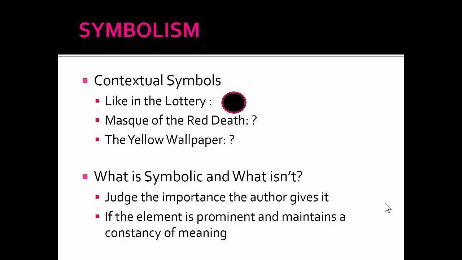So the fact that we think of the fur as depicting loneliness, symbolic of loneliness, is only inside of the story of Miss Brill. It's only symbolic of loneliness inside of the context, which means the text, right? Inside of the context of that one story, which is why it would be called a contextual symbol. Its context means inside of a specific zone of meaning, which in this case would be the story.